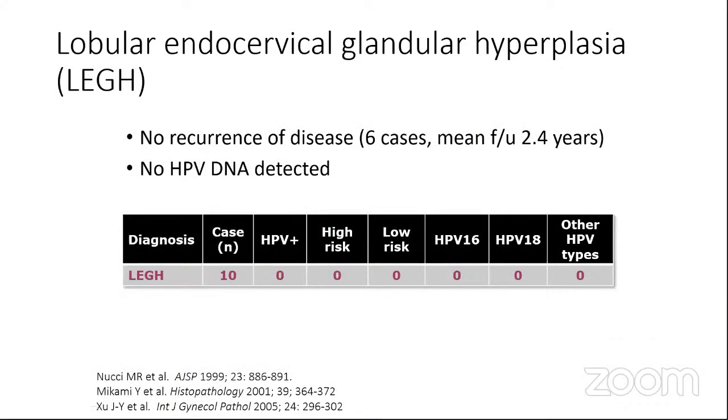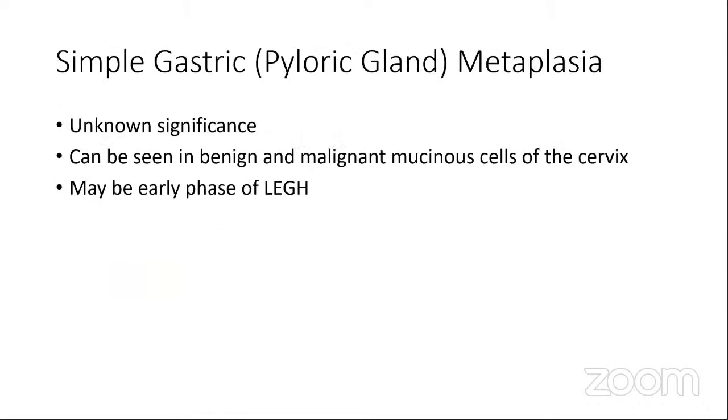And LEGH was shown to be a benign lesion. None of the patients they studied ever had recurrence. They did not find any HPV in these. And related to that, you can get pyloric or simple gastric type metaplasia without the lobular configuration or hyperplasia. We really don't know what the significance of these lesions are, but you can see them on small biopsies